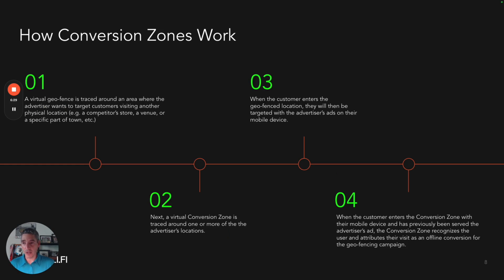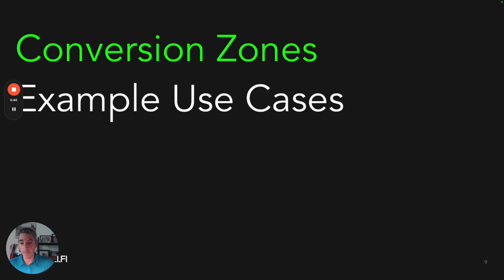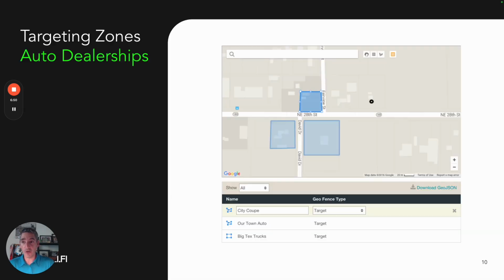So it's a really powerful way to show return on your ad spend. The way that this works is that we place that fence, we watch people come into that location, and then as they come to your location, we've set up another conversion point, and that's tracking that ability for that walk-in person to be dynamically tracked. So we're then showing that to you in your reporting. So here's some use cases for conversion tracking.